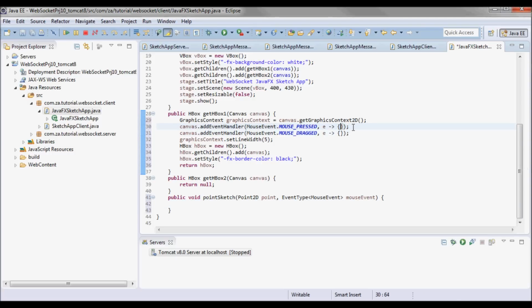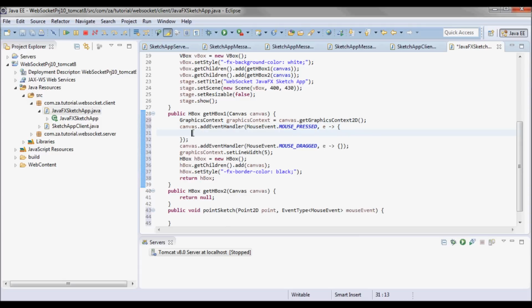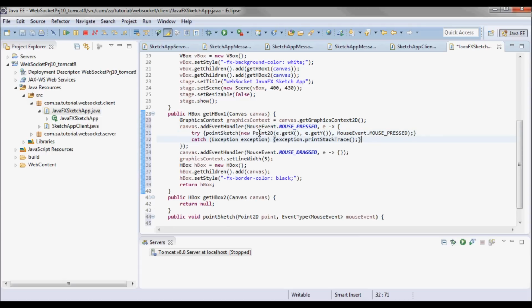So in mouse pressed, I'll call this pointSketch method, passing in the point, a new Point instance, which has e.getX and e.getY, the position of the mouse.